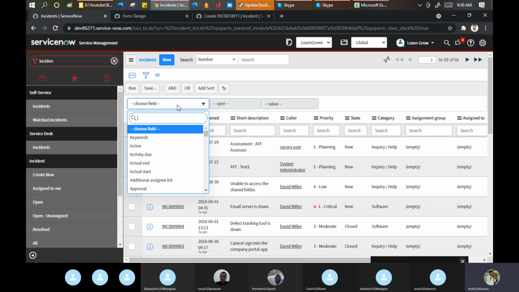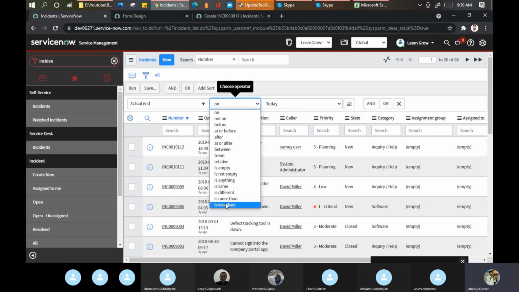On the short description, caller, created date, category, and the assignment group, you need to create 5 different filter conditions and use the different operators given here.